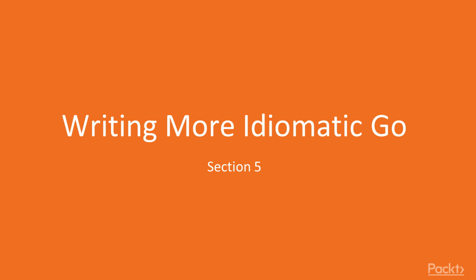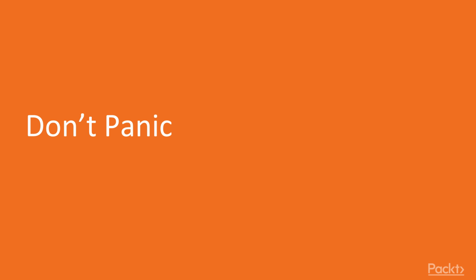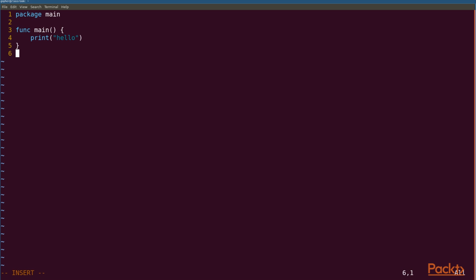In this section, we're going to talk about idiomatic Go. That just means to use the best practices of the language. We're going to use a fairly artificial example here because there really aren't too many times when you should panic in Go. Let's create a print function that just prints a message, and we will